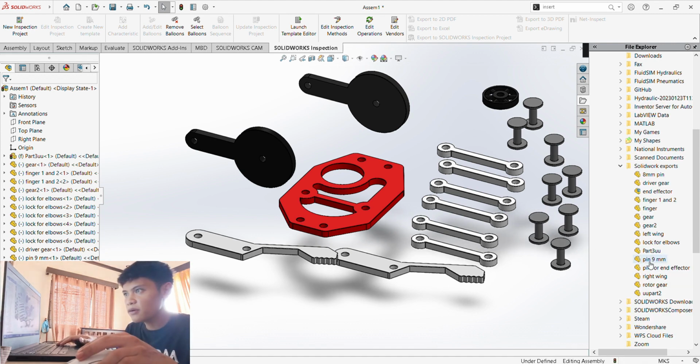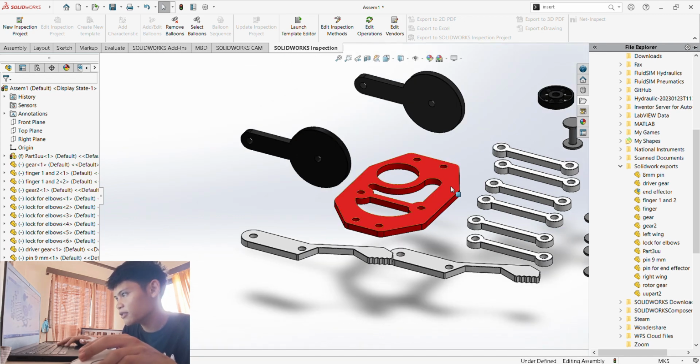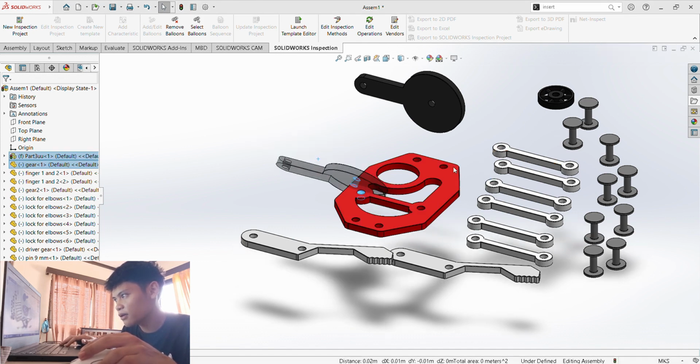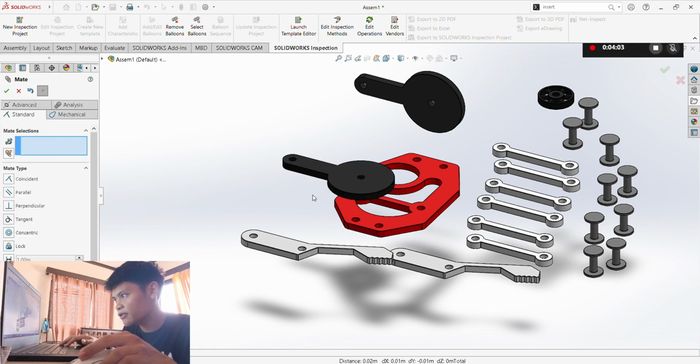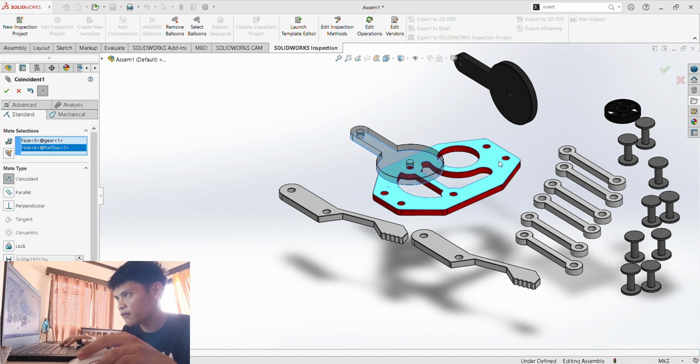So all of the components here are floating, but this one is fixed because, as I've said earlier, all of these components will be mated with this base right here, and it should not be moving along with the components that are floating, because then it will go everywhere on your screen, right? So let's now try to make this one with this cylinder here. Let's make it concentric with this hole right here. So let's go with mate. As you can see, it's already mated concentrically. Then this surface should be coincident with this surface, so it should be able to move like this.